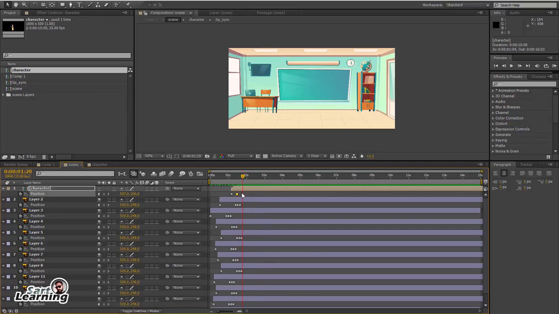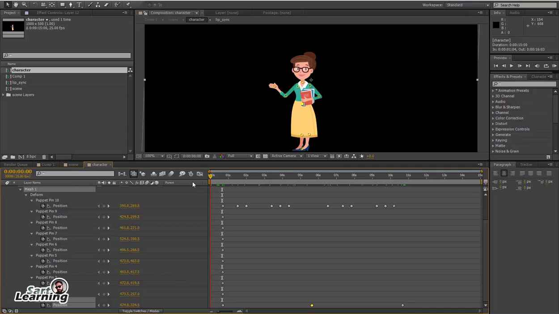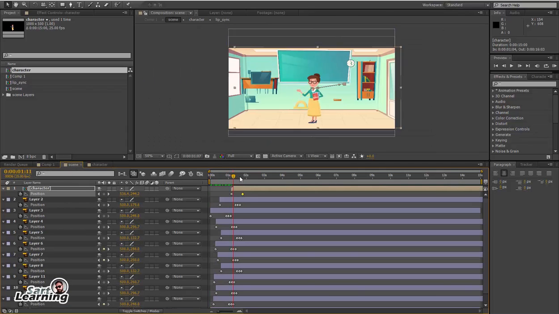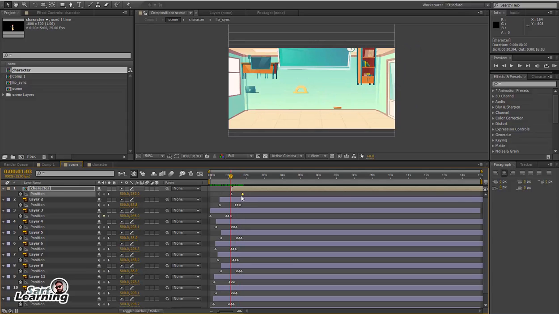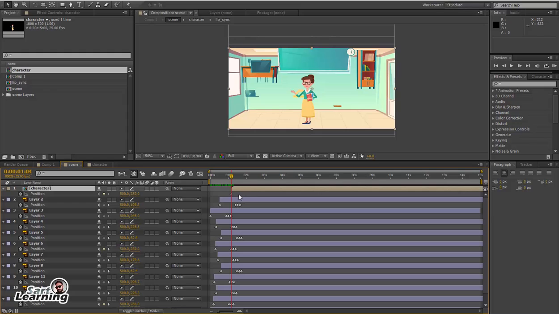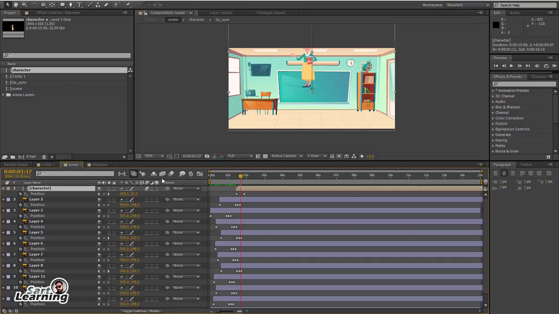So just turn on the eye button. Now it should show. I don't want to animate like this, so remove the keys, place the keys, and I want to animate this character after placing all the scene downwards.